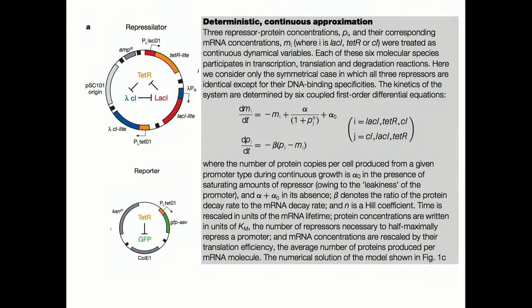Okay. Let's look at the other system which was constructed. This is now a 3 molecule system. A inhibits B, B inhibits C, and C inhibits A. So it's again like a negative feedback loop. It's not a two-dimensional system, but the dynamics are very similar. This was the second paper that appeared in that Nature issue when the toggle switch paper did.